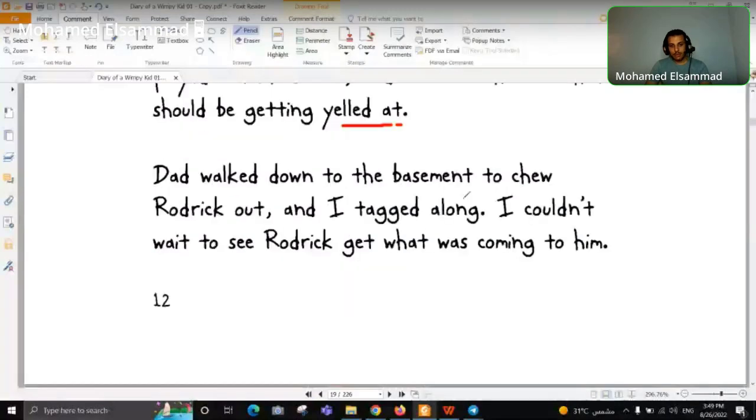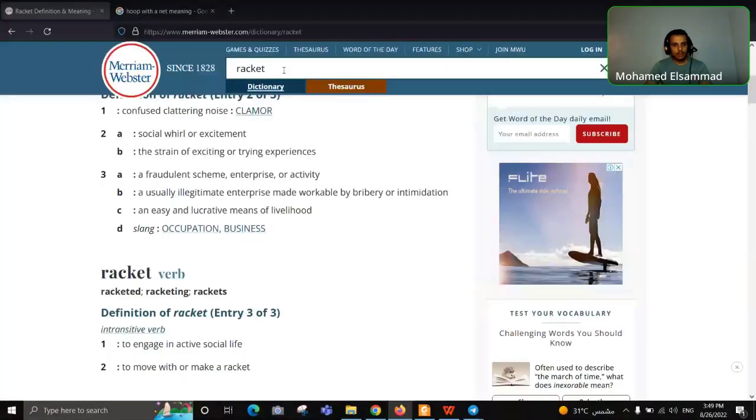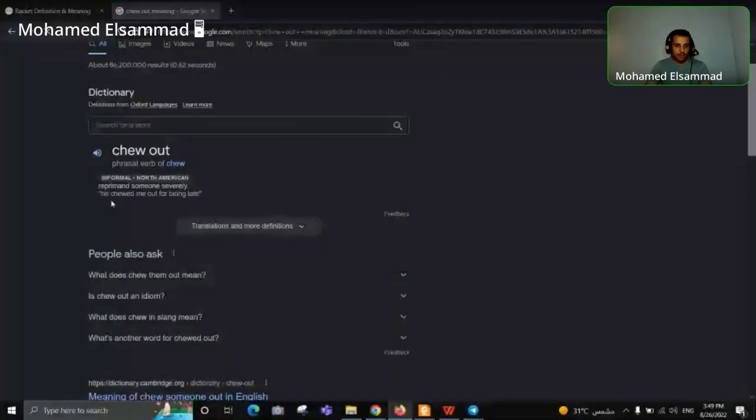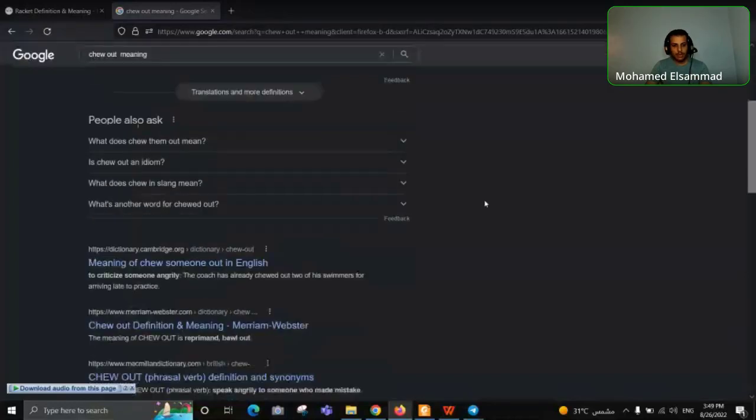Dad walked down to the basement to chew Roderick out. Chew out, this is also like a phrasal verb. Okay, we gotta know the definition of it as well. So let's see the meaning here. I think it's like reprimand someone severely. Reprimand someone severely. Chew out. Phrasal verb, informal, by the way, so North America. So he chewed me out for being late. Chewed me out, so it means